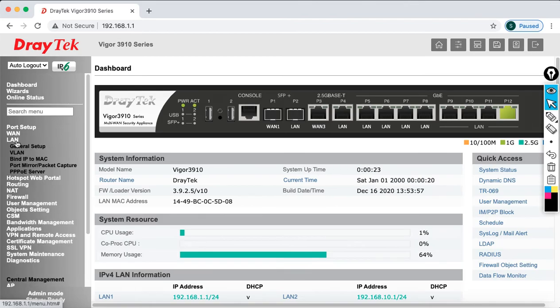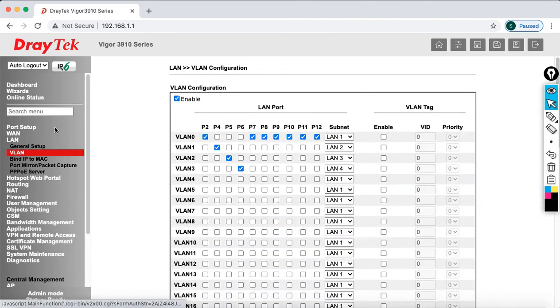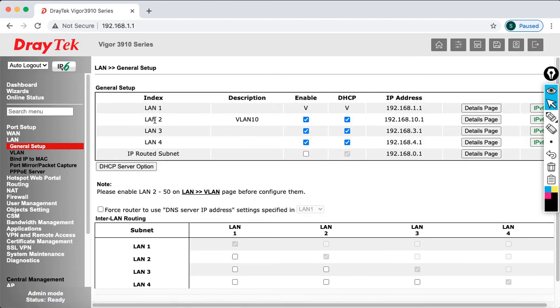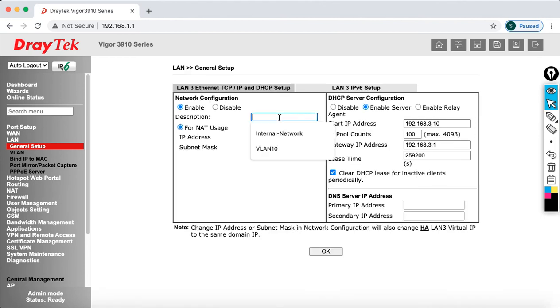Now let's go to the LAN again, click on the VLAN. Now you see here, this we have already done, guys. Then click on the general setup. Now we configured LAN 2 for VLAN number 10. Then LAN 3 I am going to keep for VLAN number 20. Click on the details page and I am going to give VLAN 20 and specify the IP address as